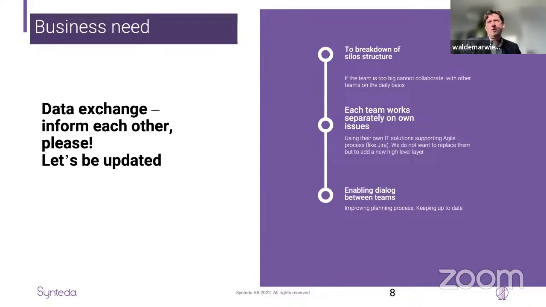And of course, to break down this silo structure, we don't interfere in the internal way of working of each team, but we need to have a dialogue, because this dialogue is important during the pairing process. You need to know what other people do if it affects your team. Maybe some other team is doing things and you should know about it because it can influence your own work, and the same vice versa, because maybe you do something which others need to know. So it would be nice to have a tool to inform people of each other. So that is the business need.